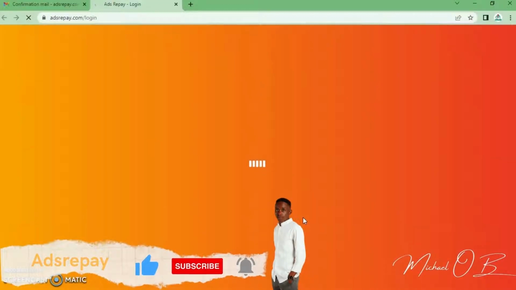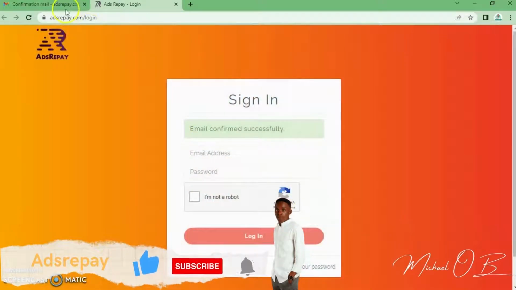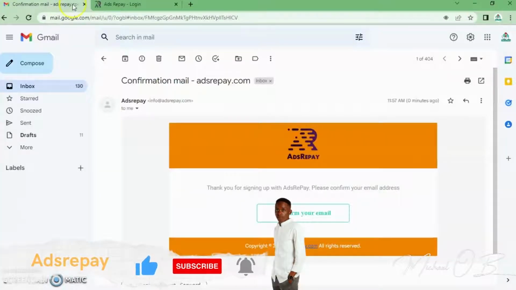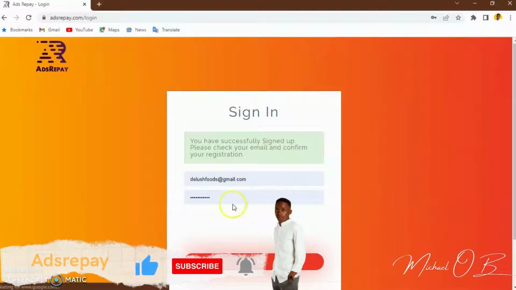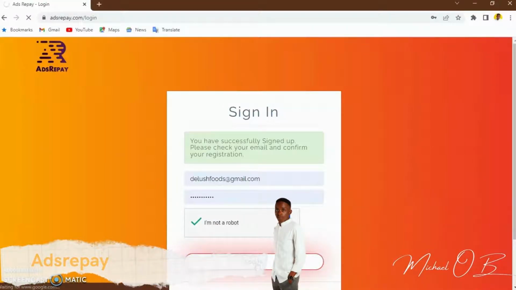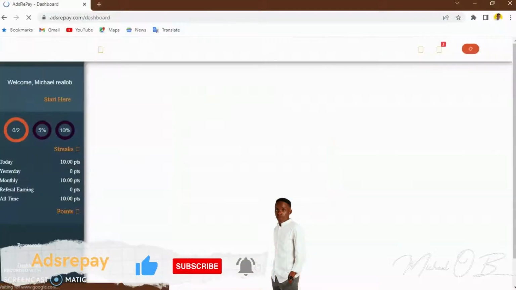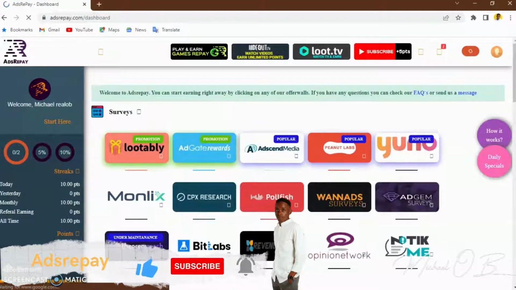After you click on the confirmation, it brings you to the login page. Then all you need to do is type your credentials, click on I'm not a robot, and then log in. So here you are.